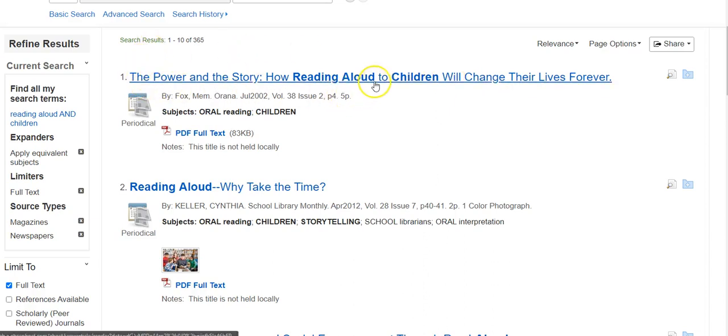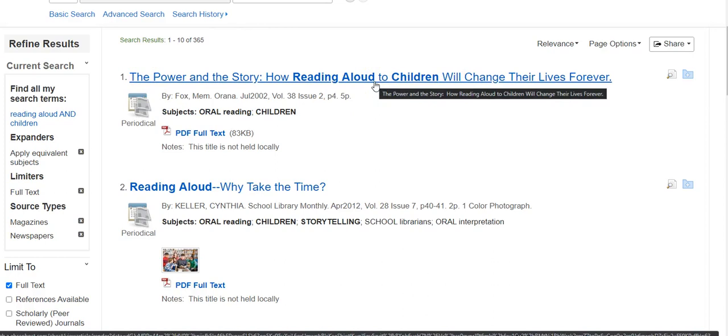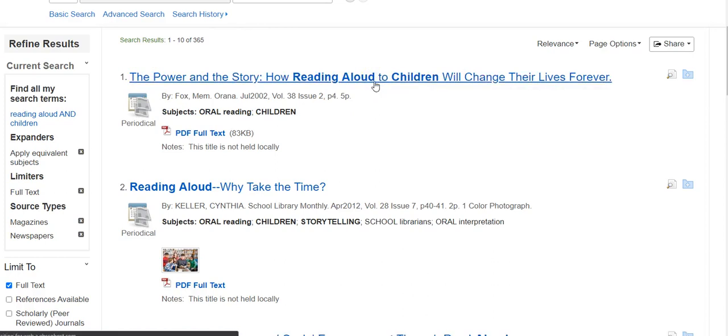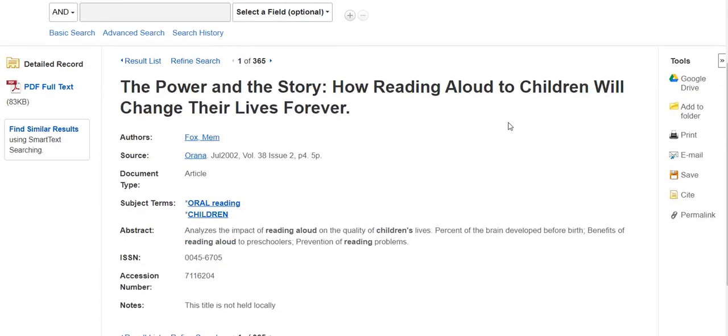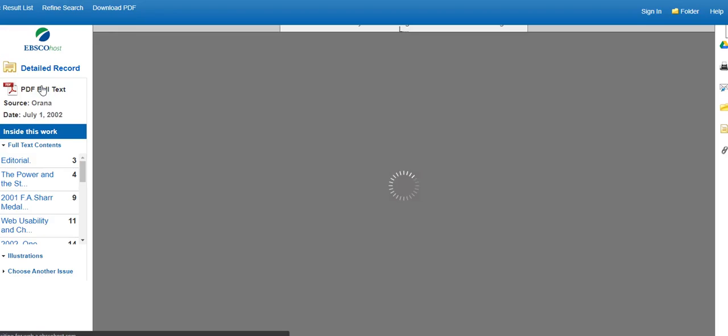Let's take a look at this first result. Click on the title. We can read a little bit more. We see the source is Orana, and this is an article. And here's the abstract, an article in a magazine. An abstract has the summary of the article. From here, we can click on the PDF to read the full text